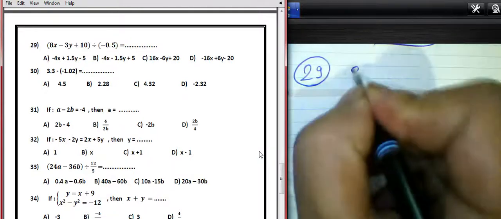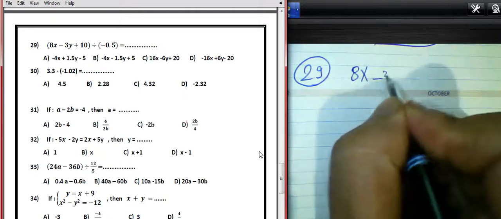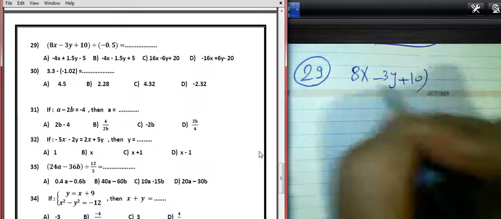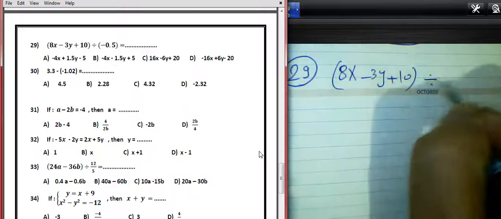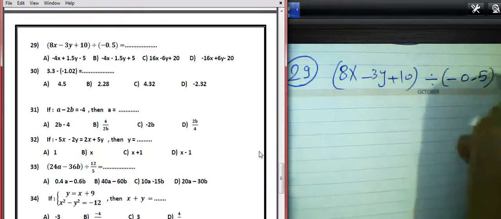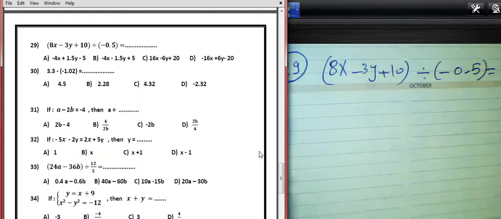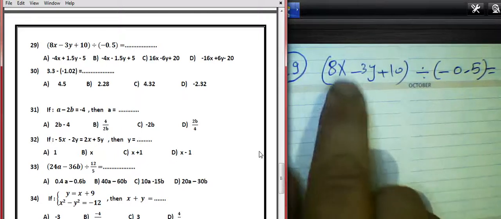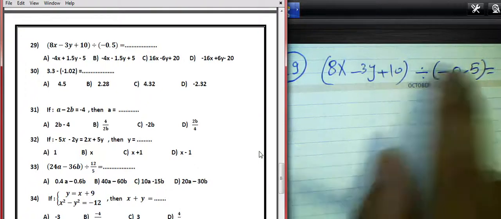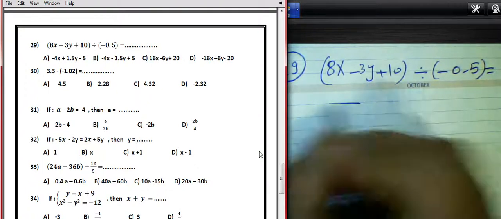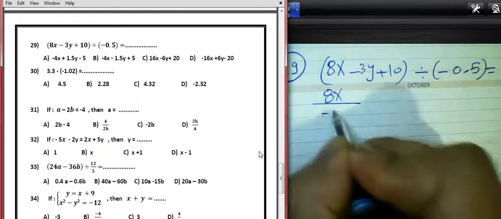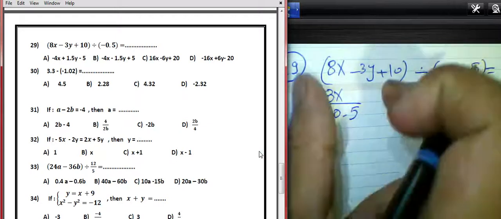Here write 8x subtract 3y plus 10 in parentheses divided by negative half in brackets. Okay, 8x negative 3y plus 10 divided by negative half. Who can solve it? First, we can write the result of 8x and negative half. We can divide using distribution, 8x and negative 0.5, negative half, because this expression we want to divide,